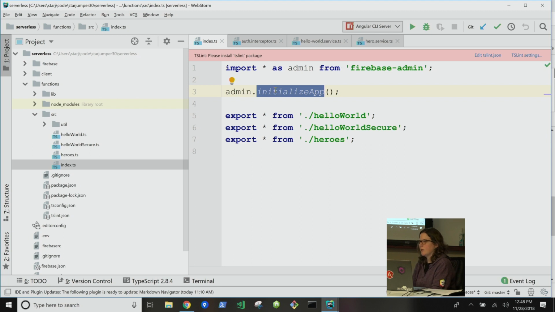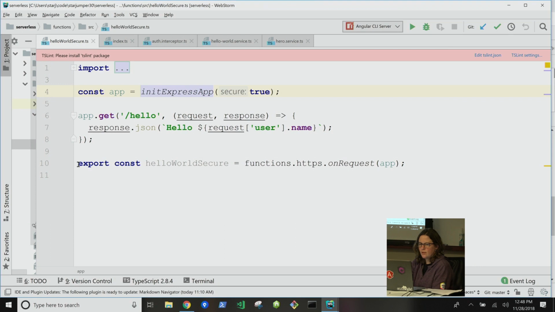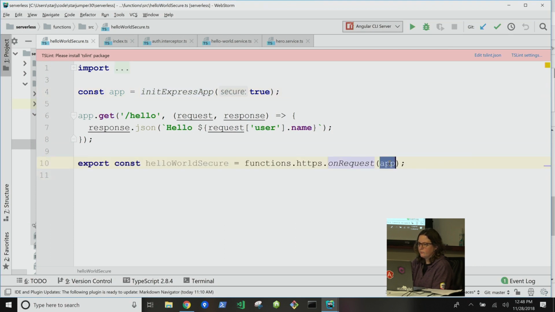And that's going to get things set up so that I can do my authentication. So let's look at my hello world secure function here. Before, this line looked pretty much the same, except that before I was passing in one endpoint, one handler. Now I'm actually passing in an Express.js app. So if I need to do stuff like set up middleware for custom things, I can do all that myself